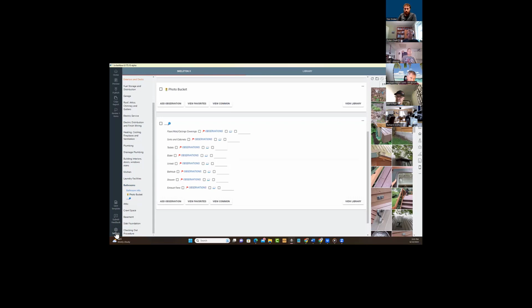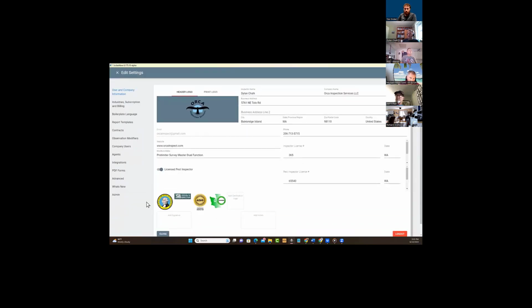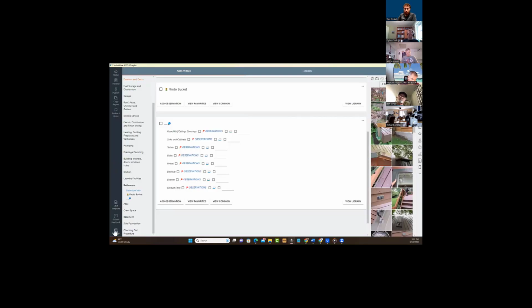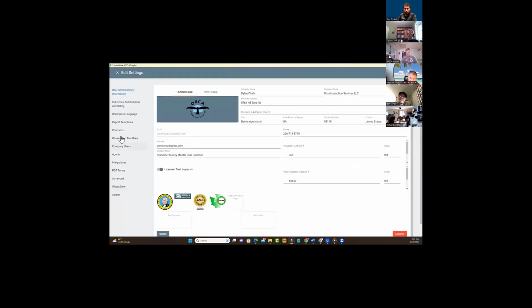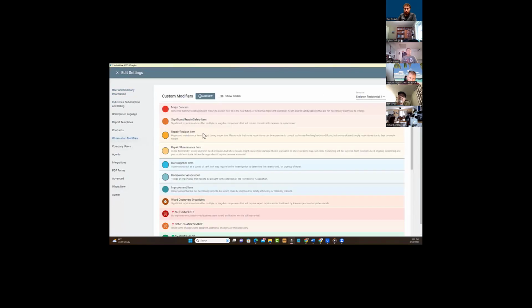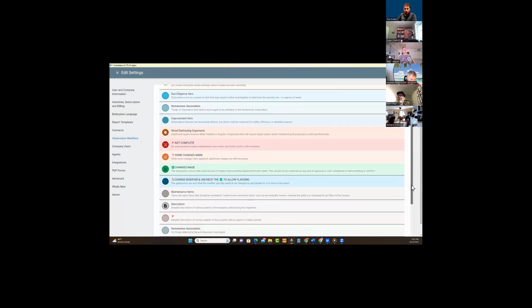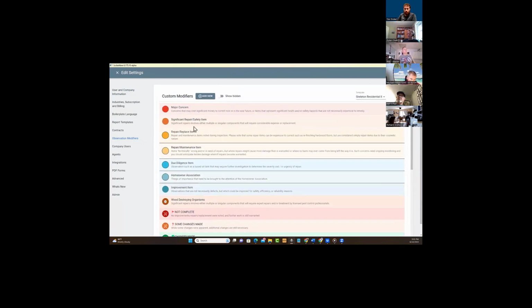It was saving narratives per template, which is a new feature for us and kind of huge. So observation modifiers, see right here, I'm in my settings. I'll go back real quick. So settings, bottom left, observation modifiers. These are all the ones that I use, and notice that, or these are actually the ones in Charlie's template,